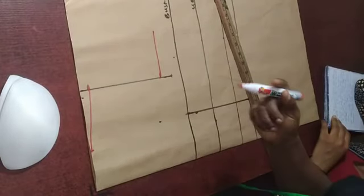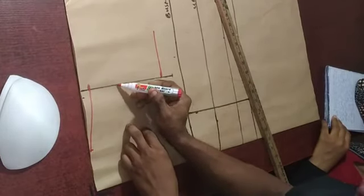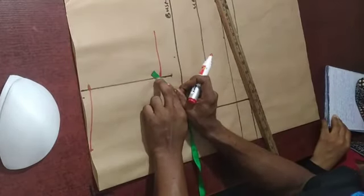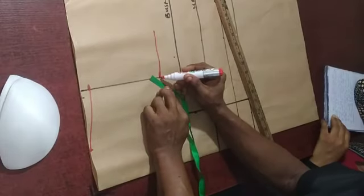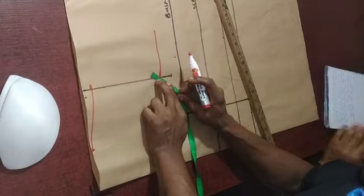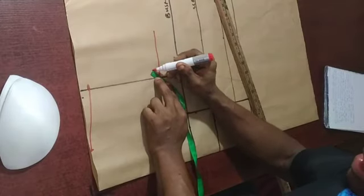Okay, so the next thing we are going to do is mark out the armhole curve. In order to mark out the armhole curve, I have the simplest and well-defined method. From this particular point, are you seeing it? Where the horizontal and the vertical line are meeting, please make sure you place your tape like this and diagonally mark out